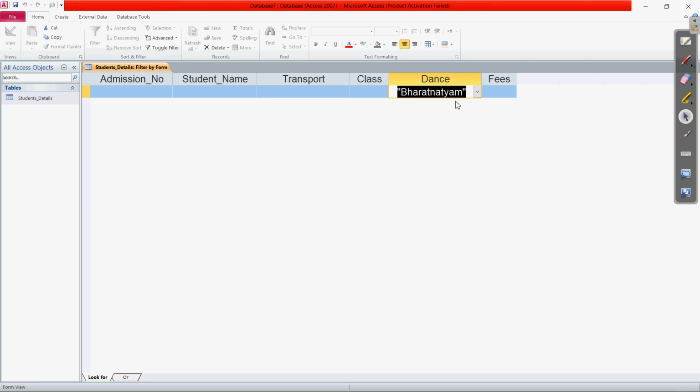So right now the dance form is here; in any of the fields you can choose the criteria. If we want to search those students who are having the dance form in any of these, let us select hip hop, and this is the one criteria.